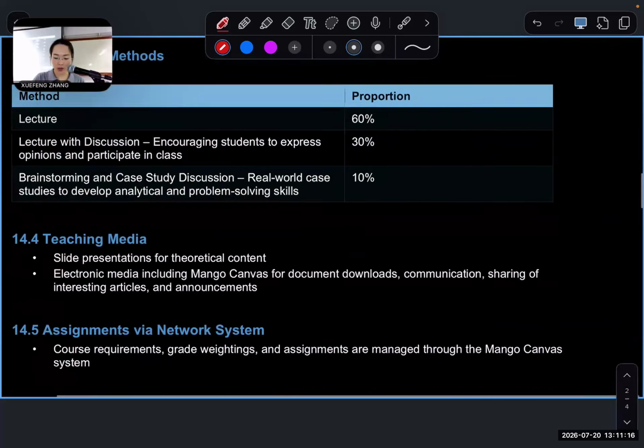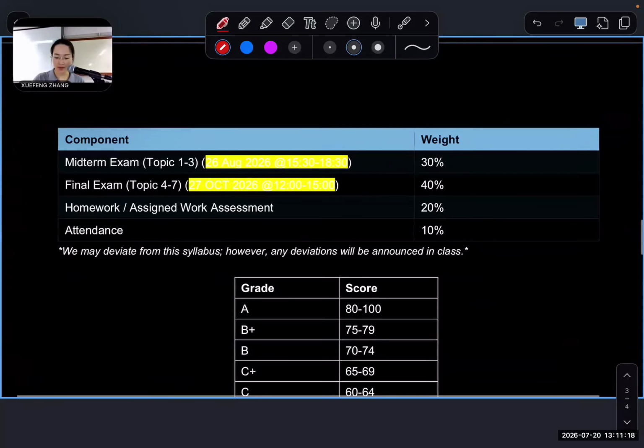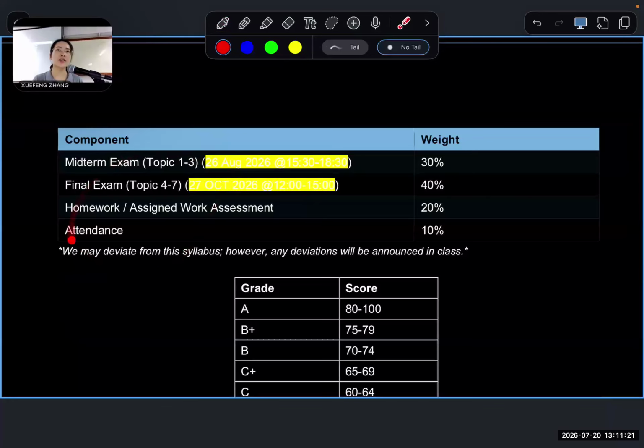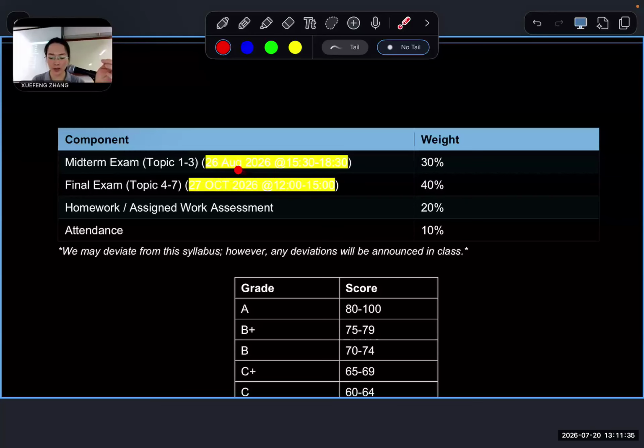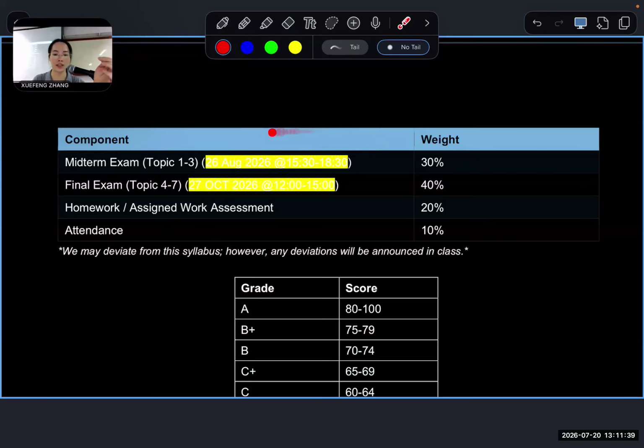Next one, I want to remind you about assessment. So this is the exam date, okay? Can you get it in your Mango? As we agreed, right? It's 26 August, 3:30 to 6:30. The midterm exam covers topics 1, 2, 3, 3 chapters. For the final, okay, we have